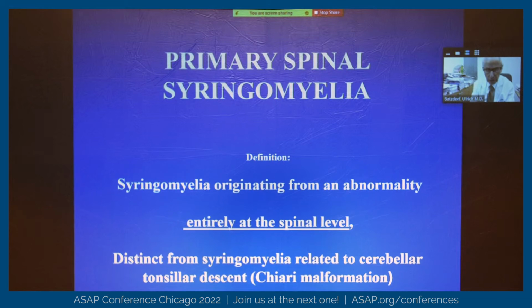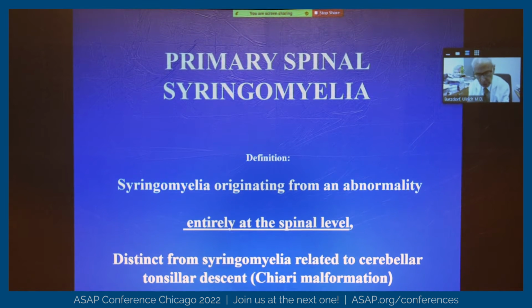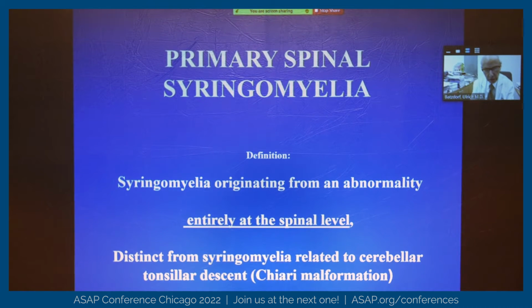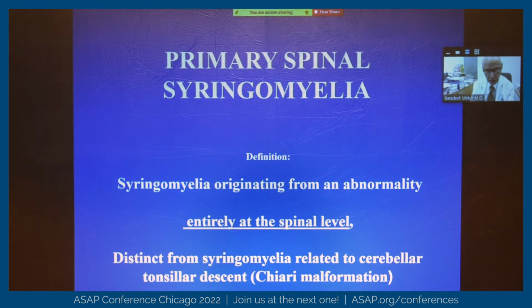This afternoon, I'm going to talk to you about primary spinal syringomyelia, which is syringomyelia that originates entirely at the spinal level and is distinct from syringomyelia related to another not uncommon situation called Chiari malformation. And I want to thank the organizers of this meeting, particularly Patrice Chablin, for the invitation to speak on the